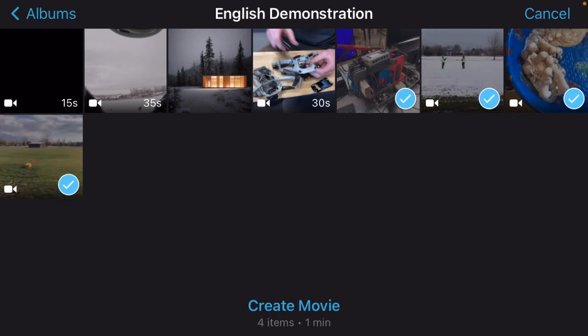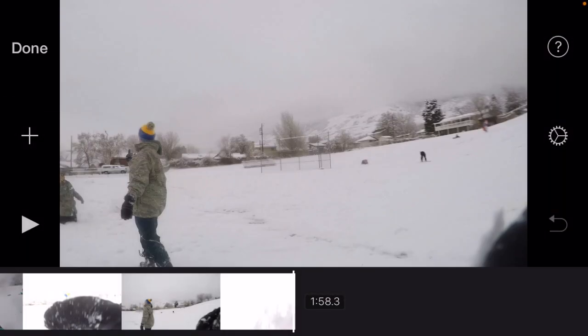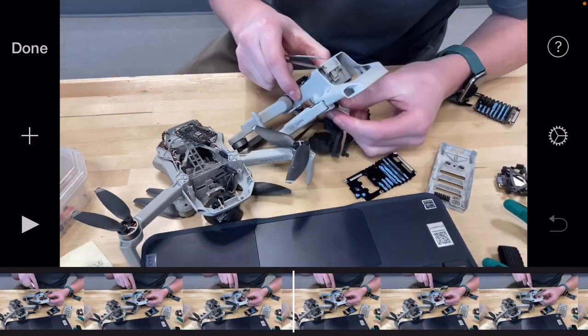I'm just going to select all of the things that I want in here. I'm going to leave that blank one for a little while. You'll see why in a minute. But then I'm going to click Create Movie, and if at any time you need to add anything extra, you